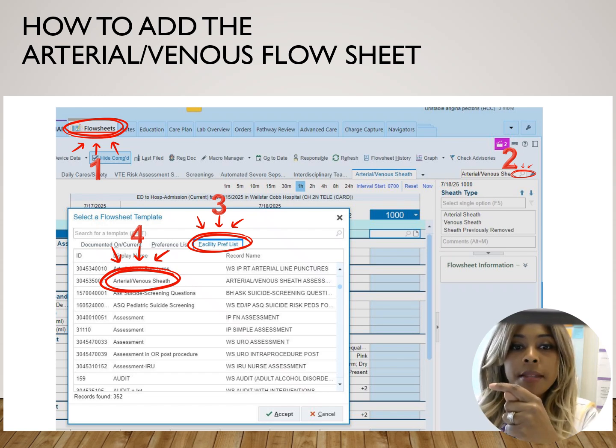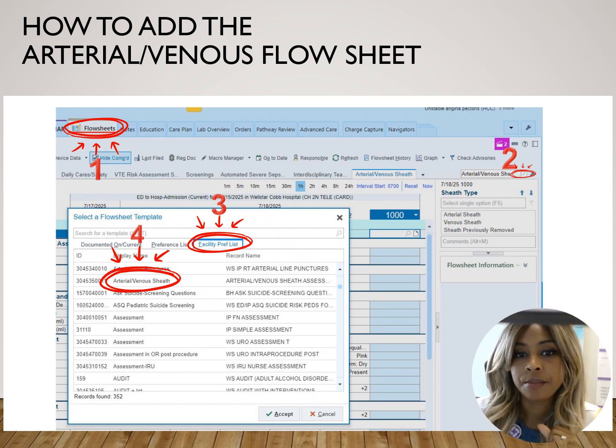And then we're going to click number 3, which is facility preferred list. That's where we're going to go to find the number 4 arterial venous sheath, and that's the assessment flow sheet. So we have 1, click the flow sheet, 2, click the magnifying glass, get your select a flow sheet template pop open, and then number 3, we're going to click facility preference list, and then we're going to click number 4,